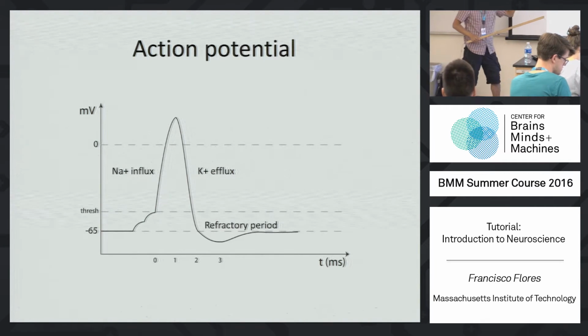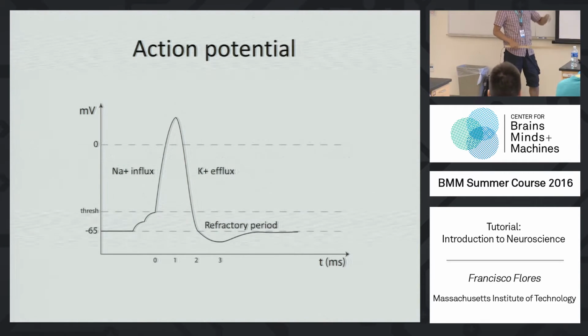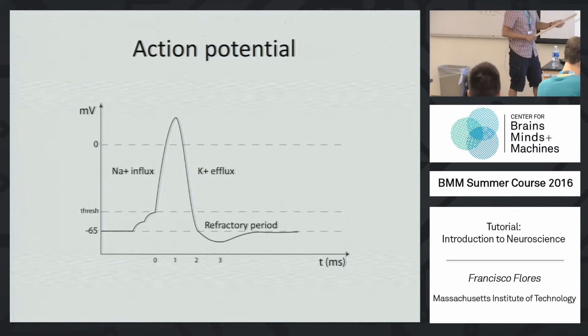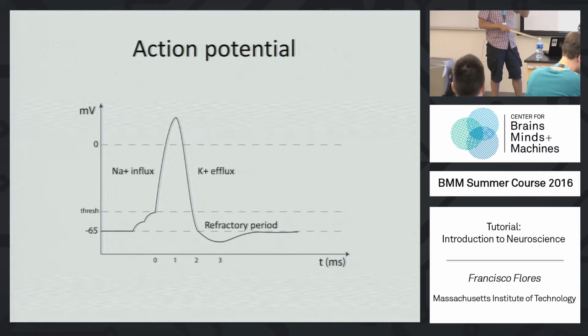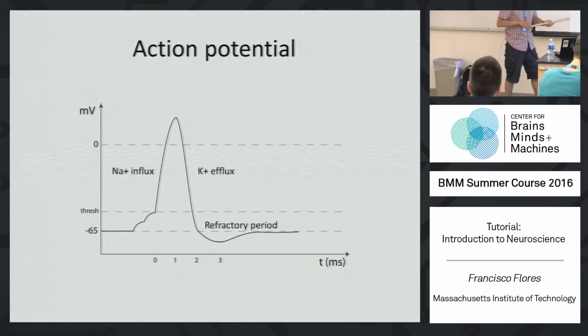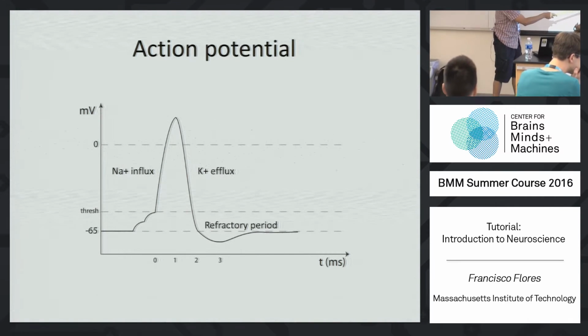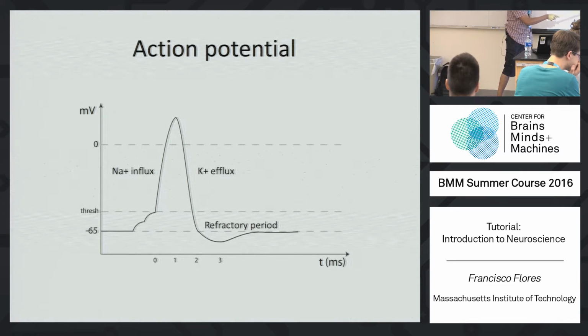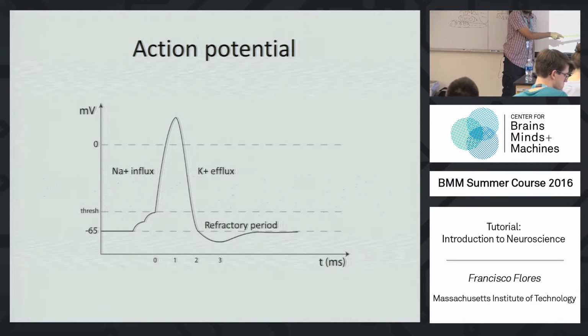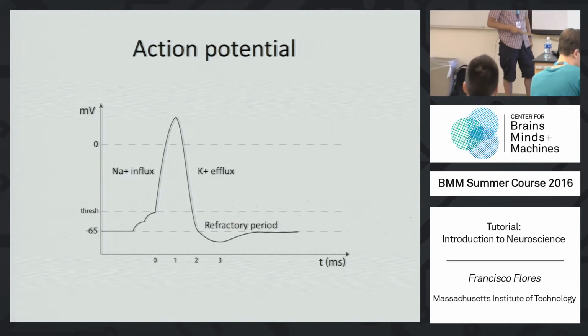Remember that now the neuron is negative outside, so the potassium, which is positive, is going to move to the other side. At the same time, the pump that I just mentioned is going to be making its best effort to bring things to normal. So this is going to actually repolarize the neuron towards the resting potential, and actually it's going to undershoot. So it's going to hyperpolarize it for a short period of time, typically 1 millisecond.